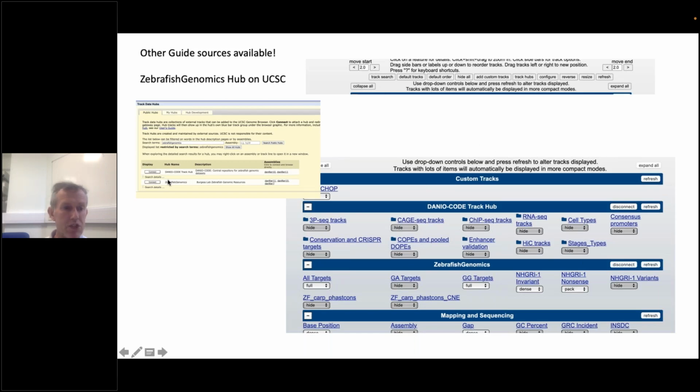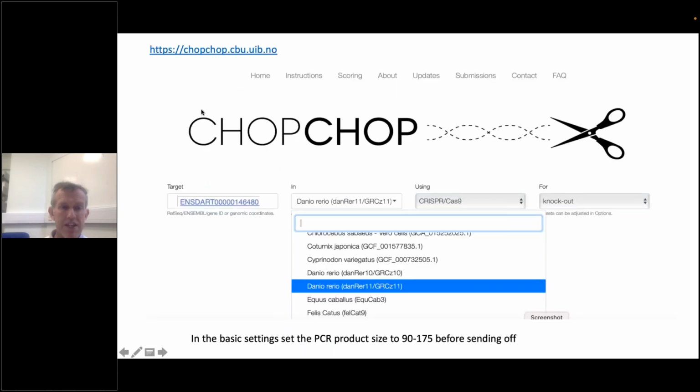It's called Zebrafish Genomics, made by the Burgess Lab. And if you activate this track, you can see pre-designed guides that, according to their algorithms, are likely to be active guides. However, as I said, we tend to use the ChopChop website.